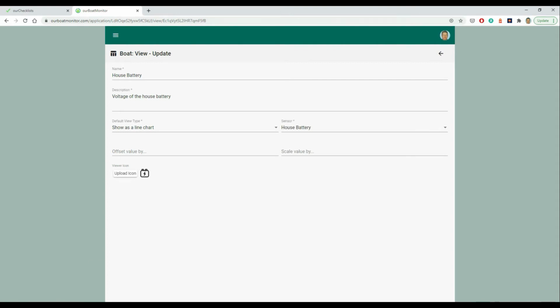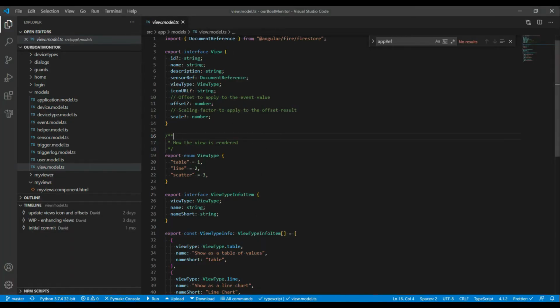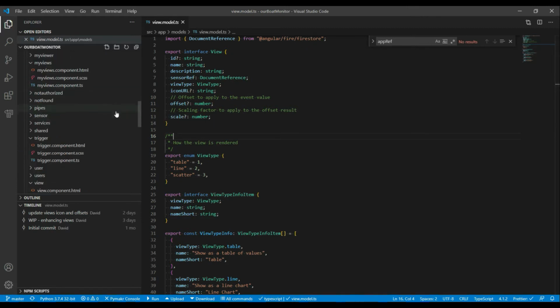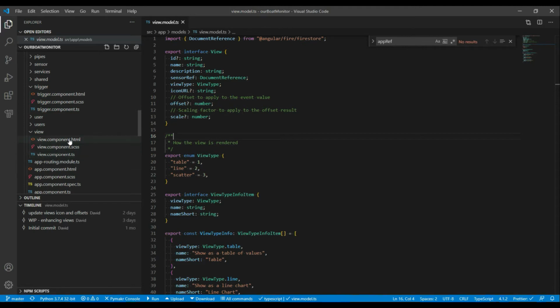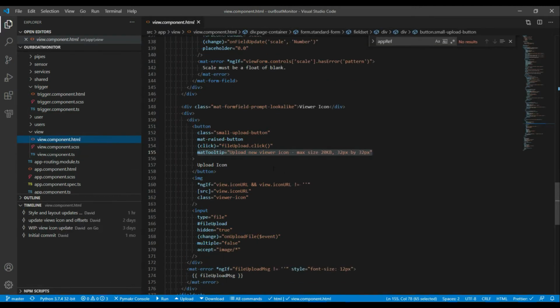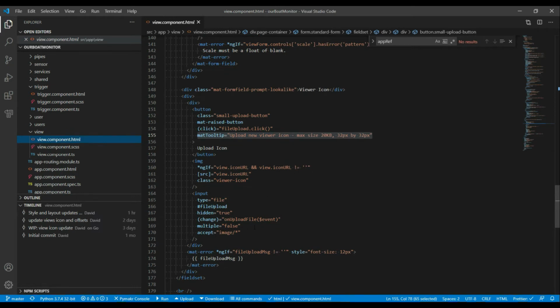And the way I did that in the code was on the view model, I added this icon URL, which is basically a string pointing to the firebase storage, which contains the actual icon file. And then in the view component in the HTML, I just followed the code that I actually already had for the user component for uploading people's icons that they wanted to have associated with their user. So really this just follows that same code and does a file upload